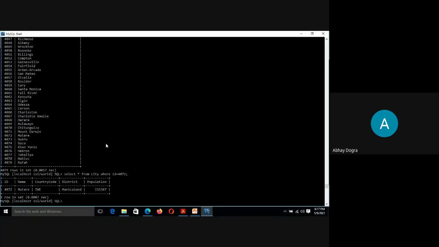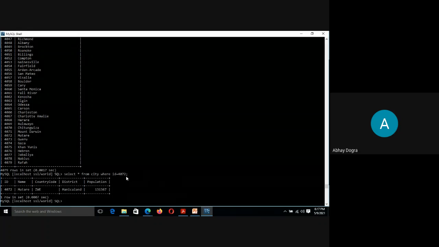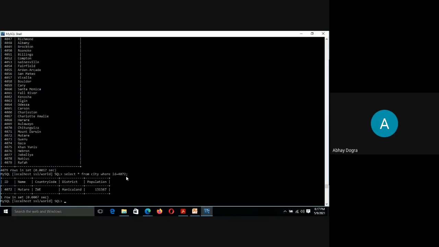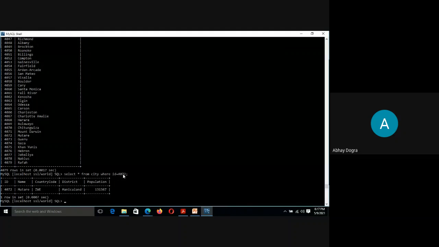So this way you can see here, we got this record, and this record belongs to a city whose ID is 4072. So in case you only want to fetch a particular record, maybe it can be one record, it can be two records, in that case, you can specify a condition using the where clause. So where is a clause and this is the condition, right?